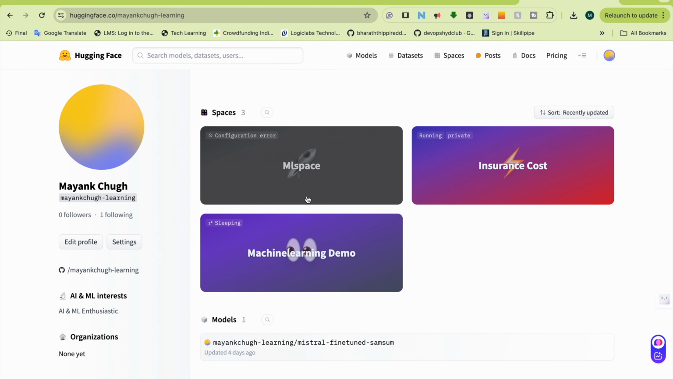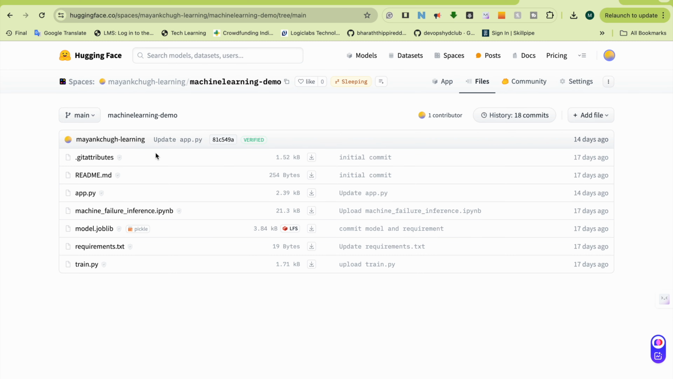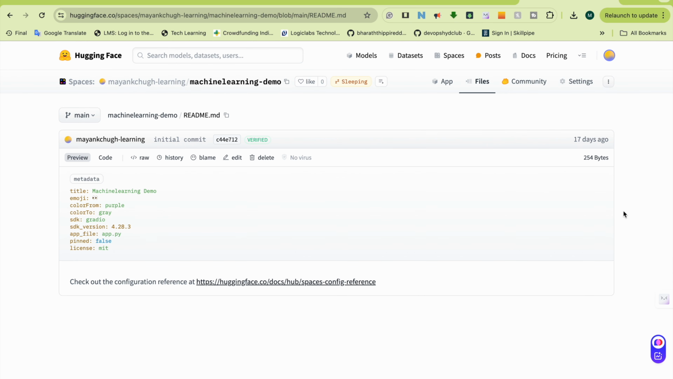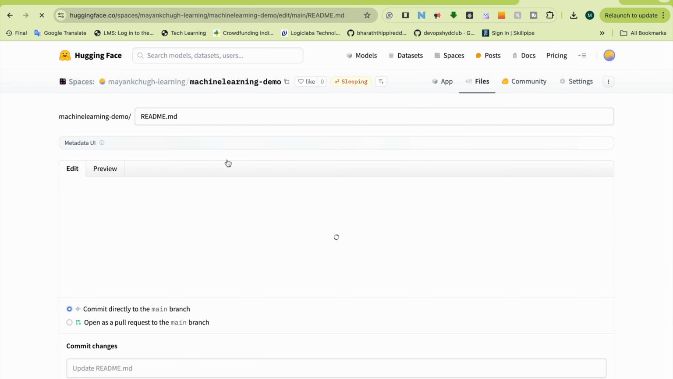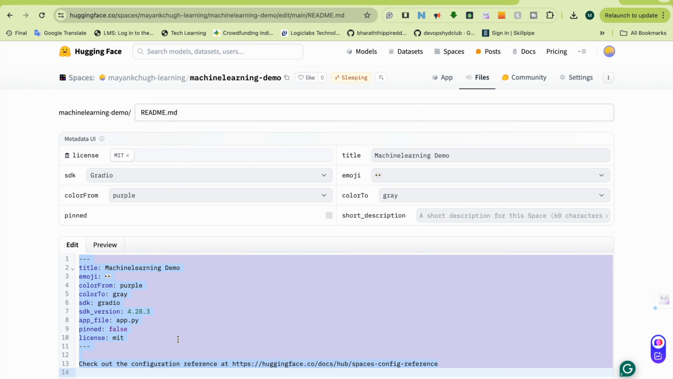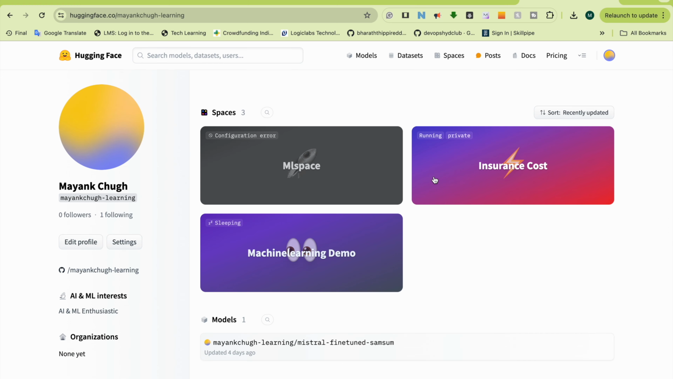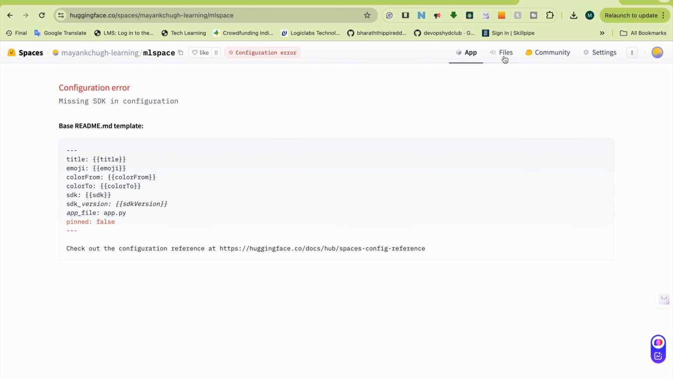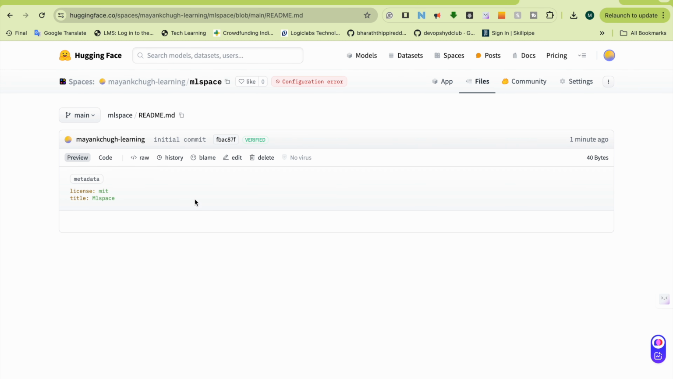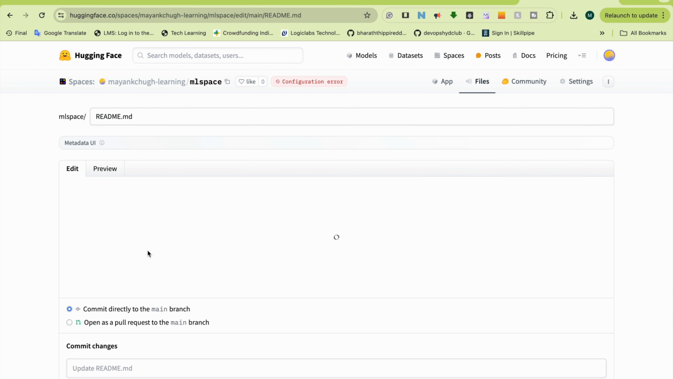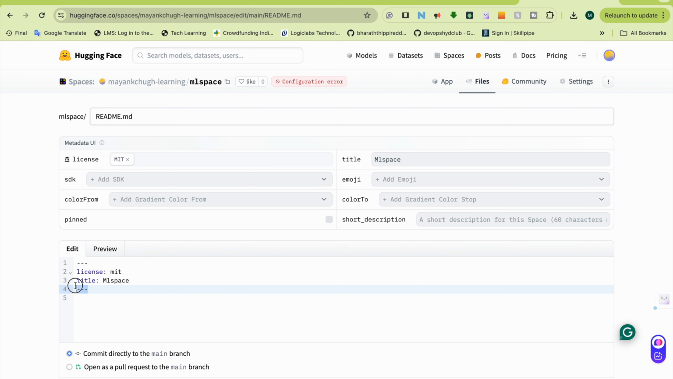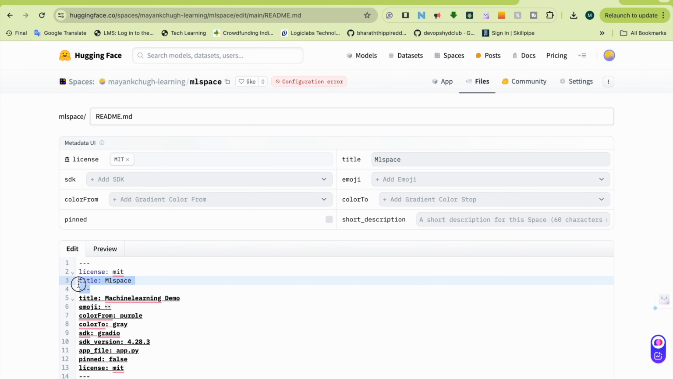So I already have some spaces running over here. This is my old one for machine learning. I copied the complete end-to-end metadata, the readme file content, and going to my new space, ML space, I say edit on this file. It is good that this kind of issue comes up while I'm preparing,